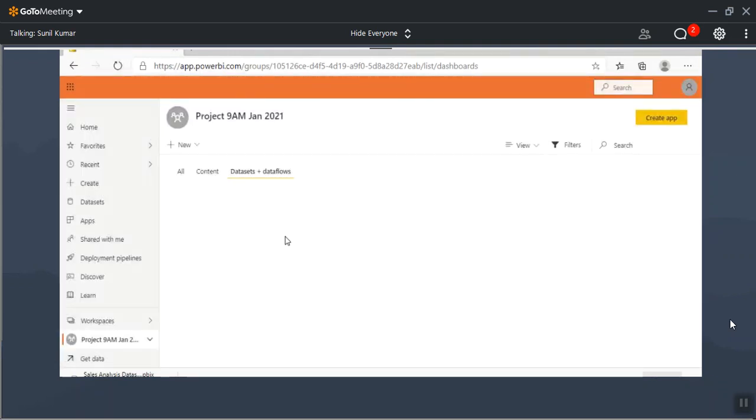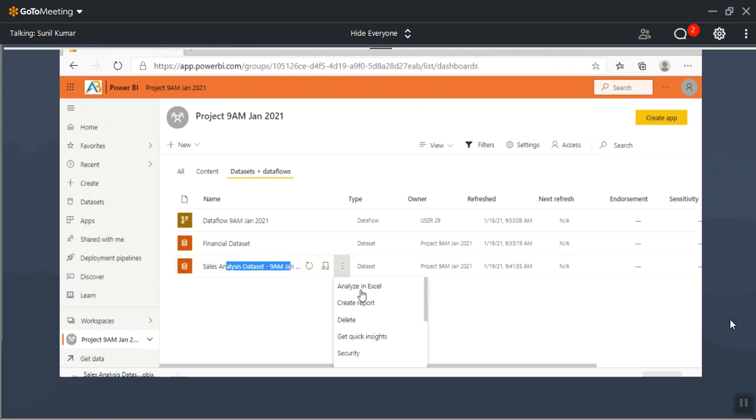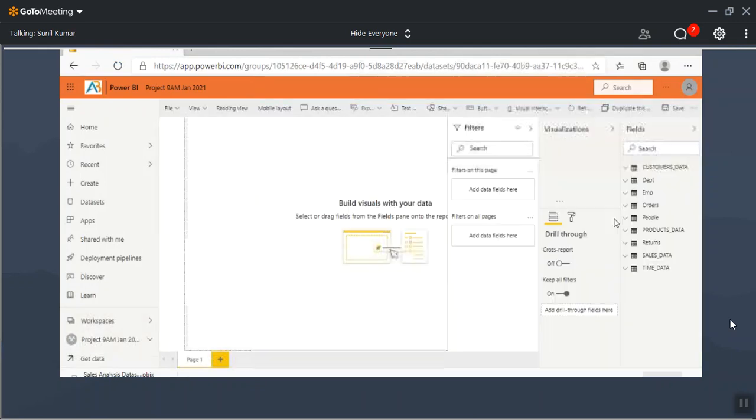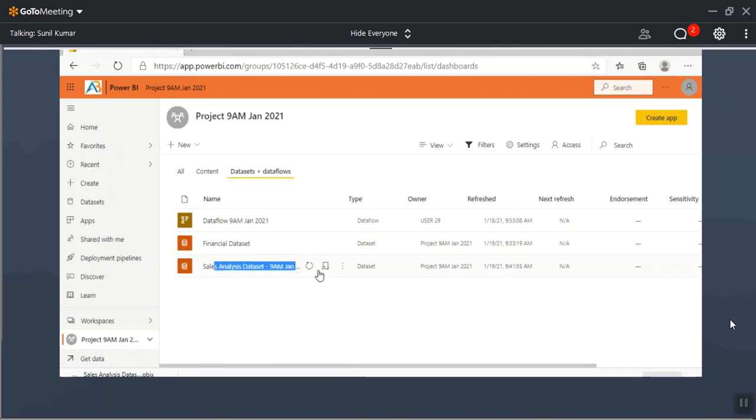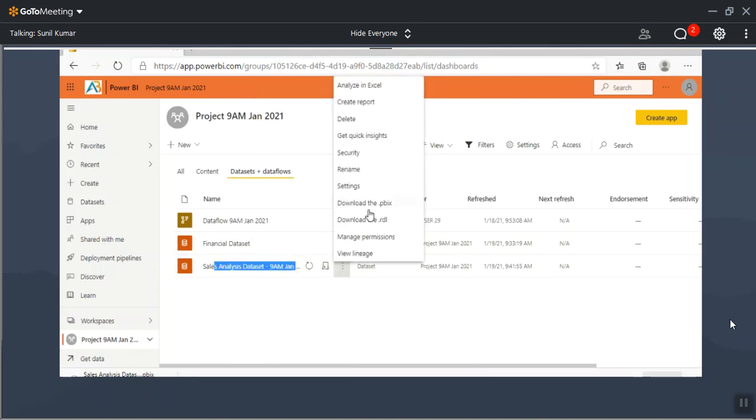Now, if you go here, you'll get a data set which contains how many tables this time? You will even find the EMP and DEPT tables also. This time, I can create 2 additional reports. At any point of time, whenever you want to make any changes to your data set, just go here, download the PBIX file, make the changes, and republish it again. Any questions so far?